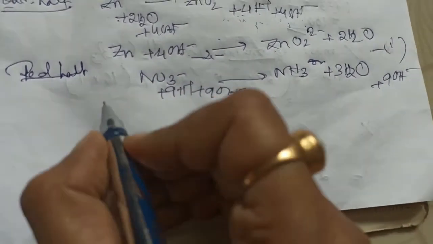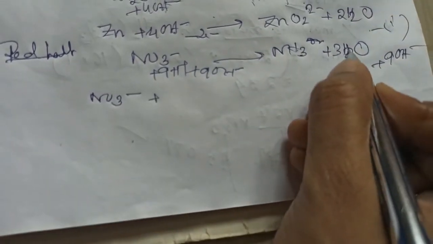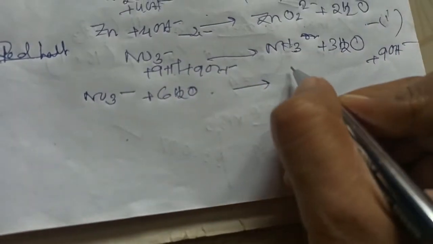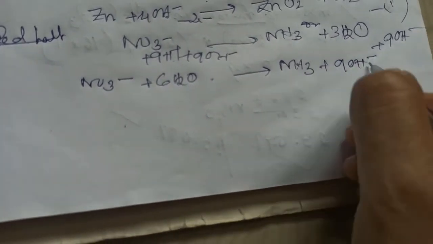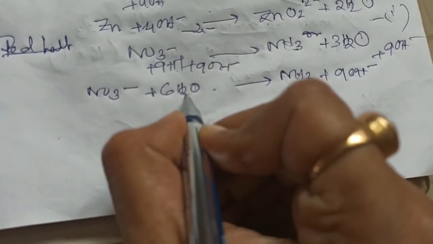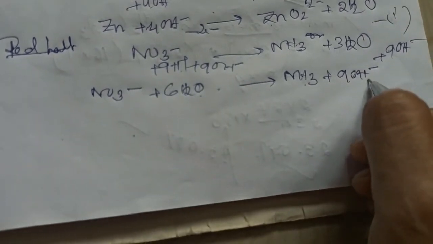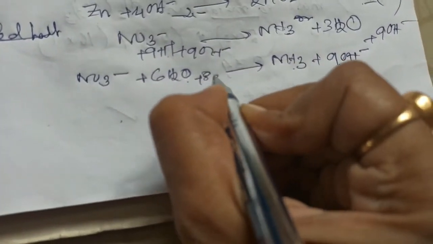So now you write again like the previous equation, NO3 minus plus here see 3H2O, here 9H2O. So we'll write 6H2O. Leave some space for writing electron, NH3 plus 9OH minus. Now if you can see 9 hydrogen, here 3, so total 12, and 6 times 2 is 12, it matches. 6 oxygen here, 6 and 3 here, so 9 oxygen and nitrogen 1. Now balancing of charges, here 1 negative, here 9 negative, so you need to add 8 negative. So minus 8 electrons, plus 8 electrons.